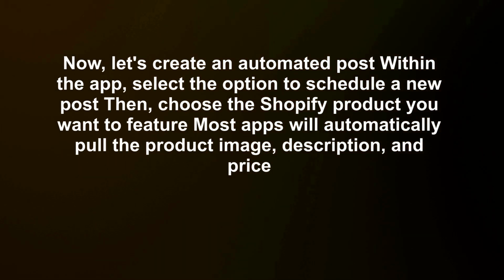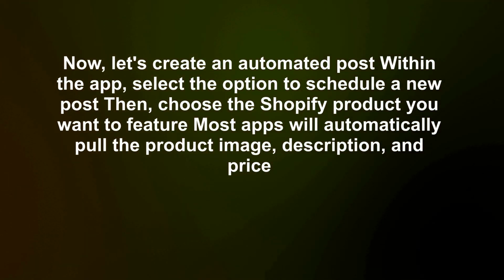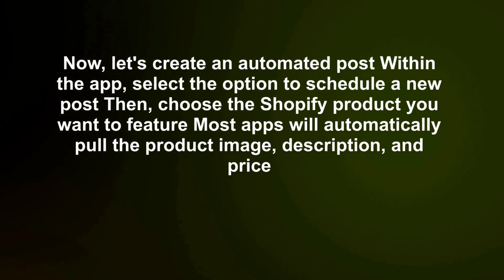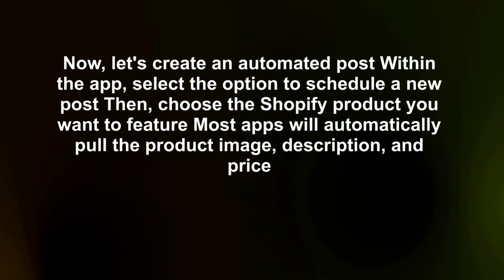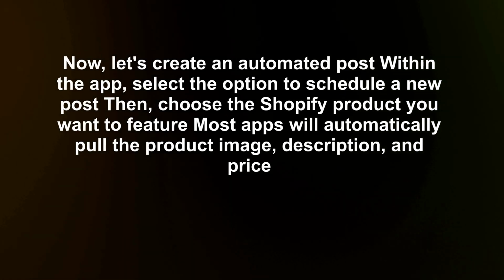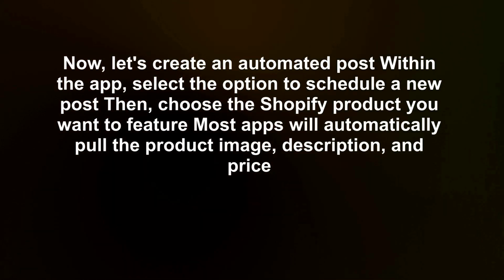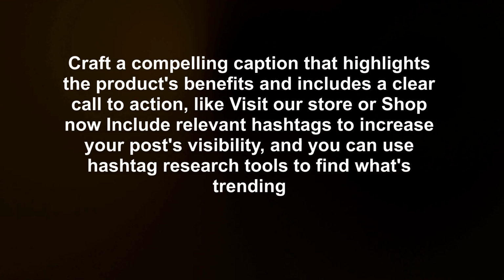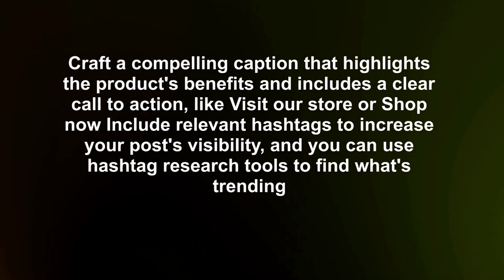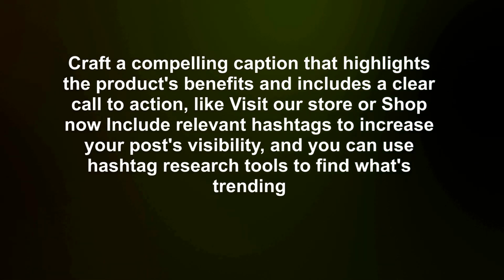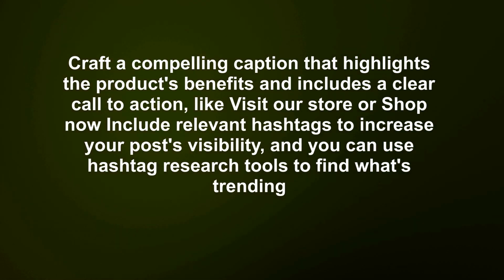Now, let's create an automated post within the app. Select the option to schedule a new post, then choose the Shopify product you want to feature. Most apps will automatically pull the product image, description, and price. Craft a compelling caption that highlights the product's benefits and includes a clear call to action, like visit our store